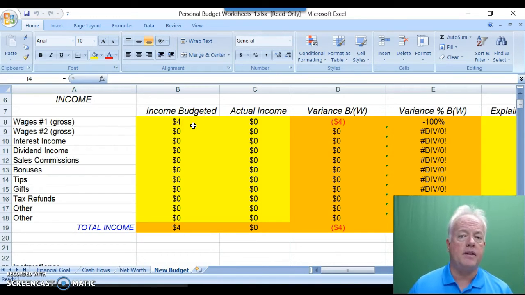Begin by the first of the month, just like the first three worksheets, Worksheet 1, Worksheet 2, and Worksheet 3. With Worksheet 4, begin with column B. Note that on row 7 it says income budgeted. You are to enter for a period of 1 month what you believe to represent sources of your income for